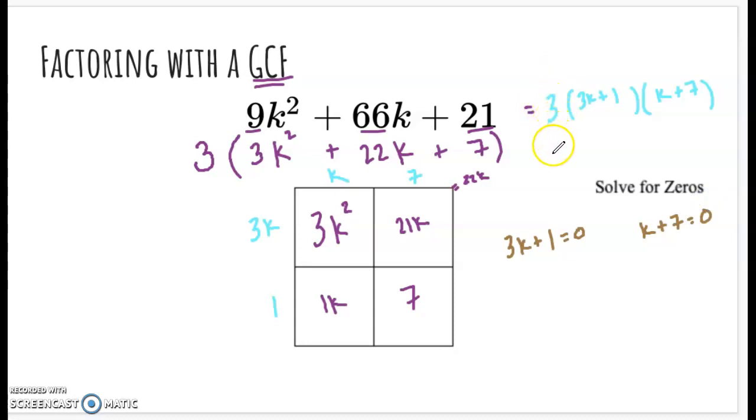3 is never going to equal 0, right? That factor is just not ever going to be equal to 0. It's just the number 3. So here I set my other two factors equal to 0, and I can go ahead and solve them